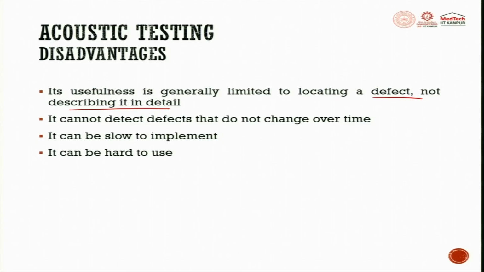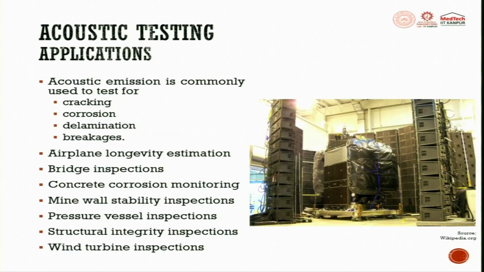It cannot detect the defects that do not change over time. It can be slow to implement. It can be hard to use because acoustic signals are very weak. So there is a lot of noise and signal discrimination. What is the signal exactly to be measured? What is the noise? This is the unwanted readings, unwanted output. So differentiating between them sometimes becomes difficult. So it is not a very simple test, but still it has applications